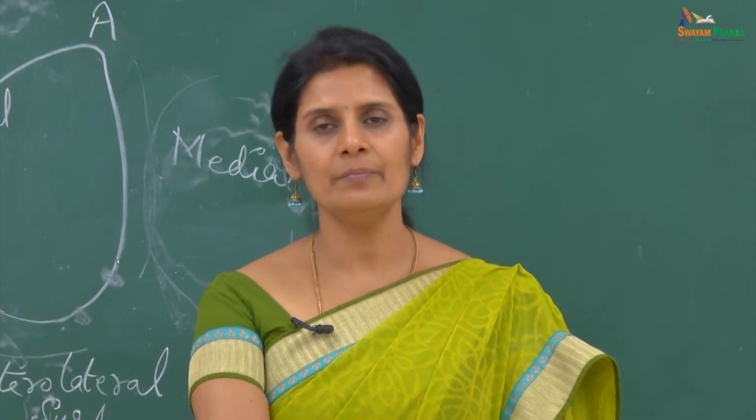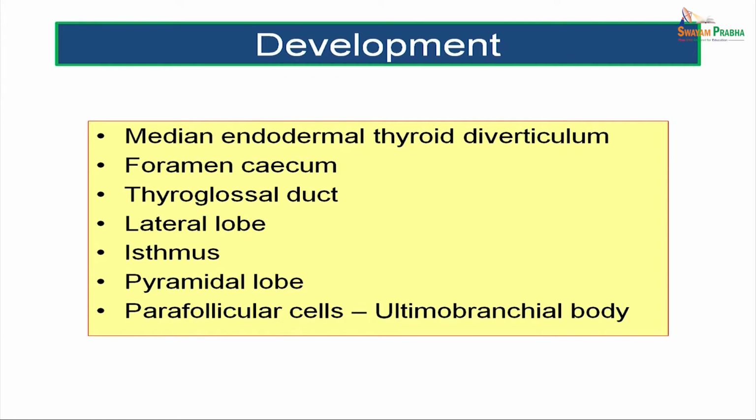Let us look at the development of the thyroid gland. Thyroid gland develops from a median endodermal thyroid diverticulum, which is descending down from the floor of the pharynx posterior to the tuberculum impar. This endodermal diverticulum will descend down in front of the neck, first through the tongue, then below into the front of the neck, where it can have an anterior relation, inferior relation and posterior relation to